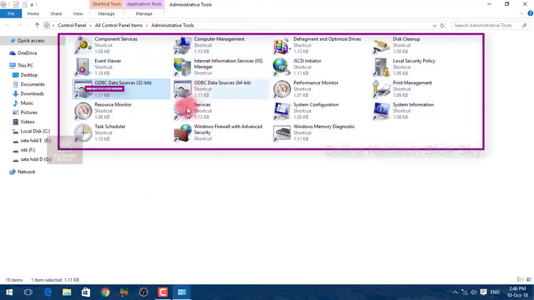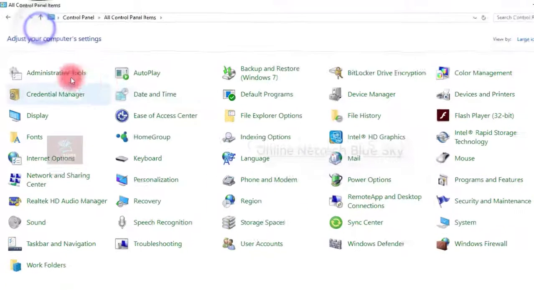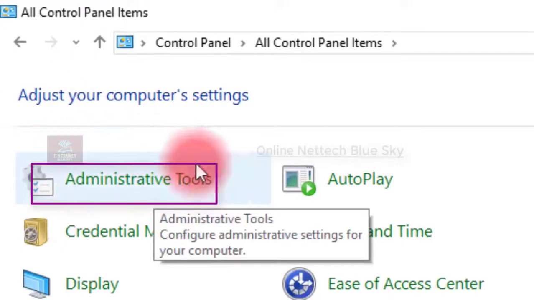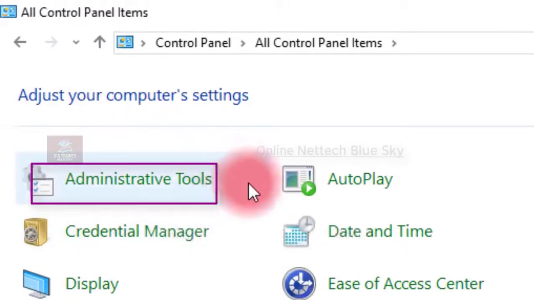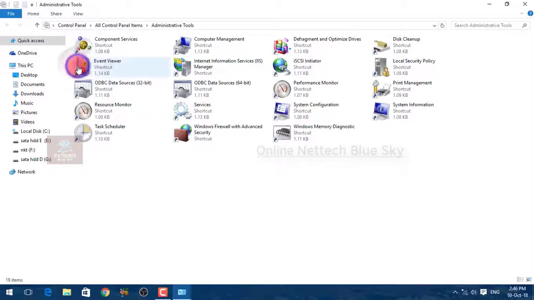All of these administrative tools shortcuts are created automatically by default by the operating system, by Microsoft. So we are not talking only about administrative tools; all of the administrative tools are control panel options.